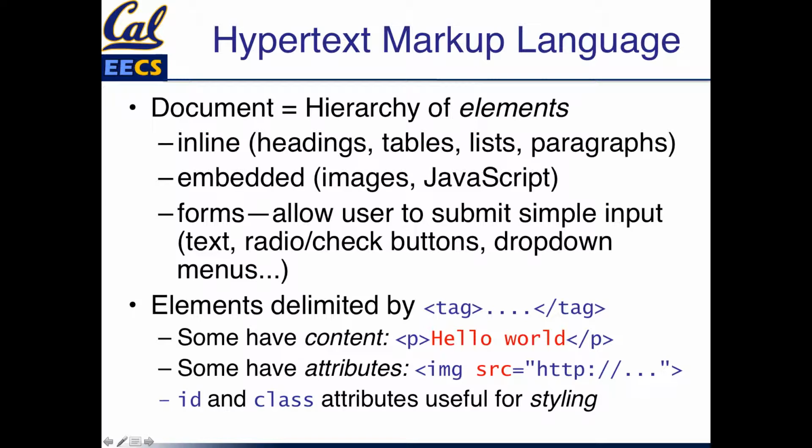Now, of the various attributes the tags could have, two that we're going to focus on, because they're particularly useful when it comes to describing the structure of a page in a way that allows you to style it easily, are the ID and class attributes. And the reason we care about them in part is because we do want to control the visual appearance of our web pages and we want to make them look nice. But we want to do that in a way that respects the structure of the page. And as we'll see, there are many reasons to keep the structural and the visual concerns completely separate. Cascading style sheets, or CSS, helps us do that.